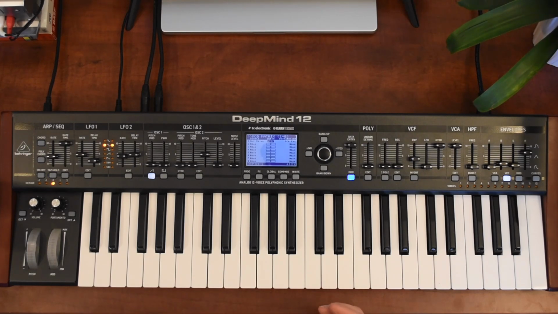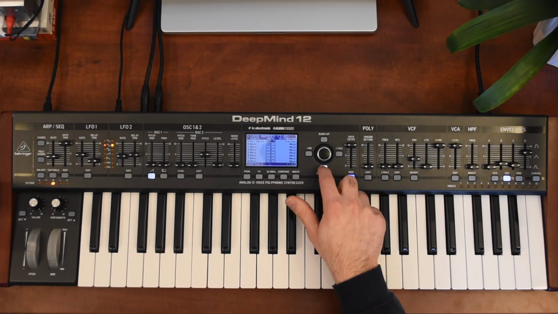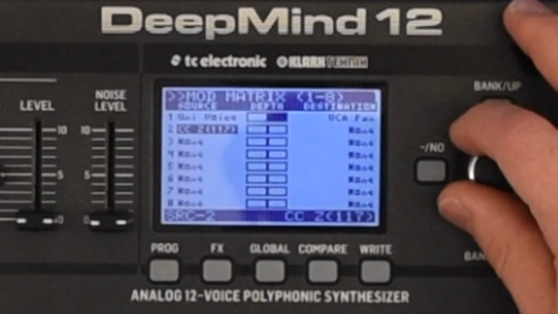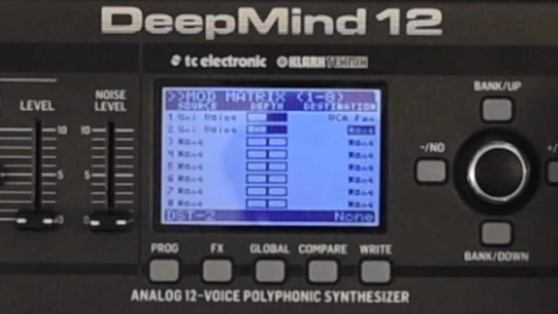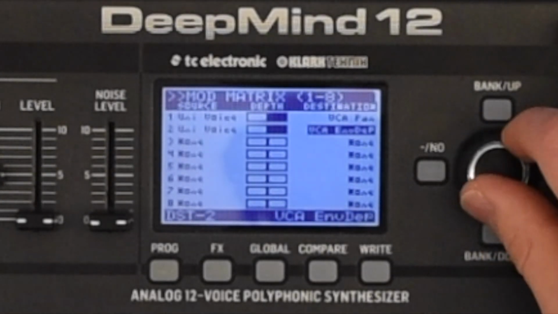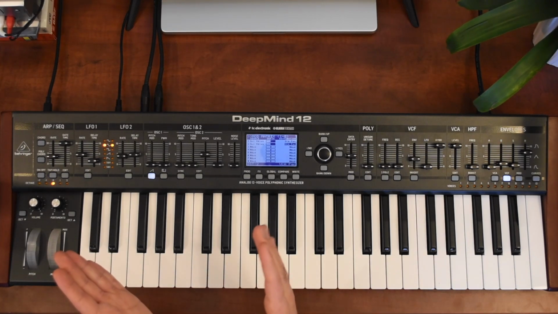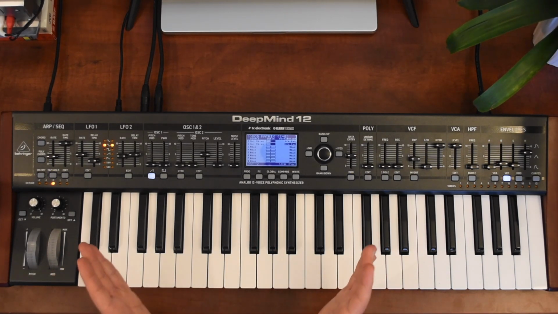Through my own testing, I realized that this mapping at its full depth doesn't actually pan all the way. It gets you some of the way there. But if you want it hard panned left and right, you actually have to repeat the same mapping in a second modulation slot. So let's go ahead and do that. VCA pan right there. So now when I play a chord, you'll hear the first voice panned all the way to the left and the second voice panned all the way to the right,